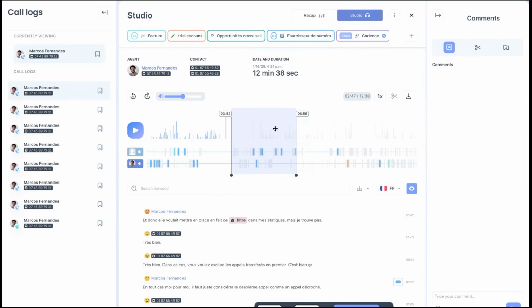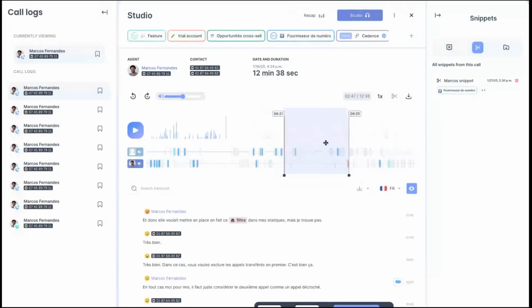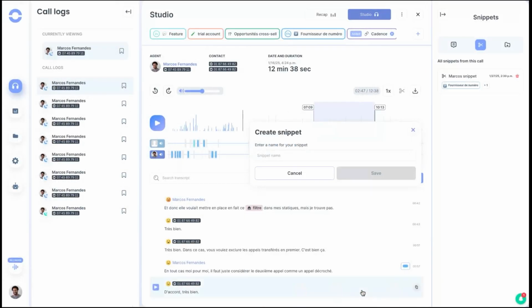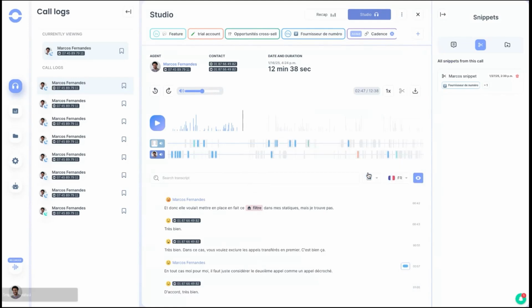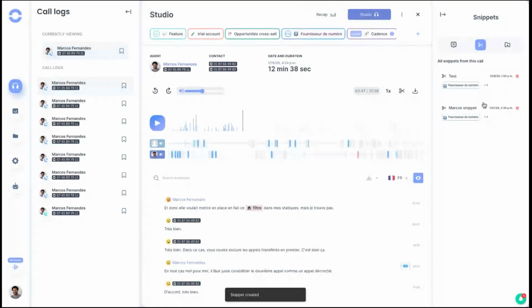So create a snippet, and then the snippet is going to appear here. You're going to find all of your snippets here. You can delete them, or you can add a new snippet. Okay, so here I can create a snippet, test, and I'm going to save. So I'm going to find all of my snippets here. I can delete them, and I can also